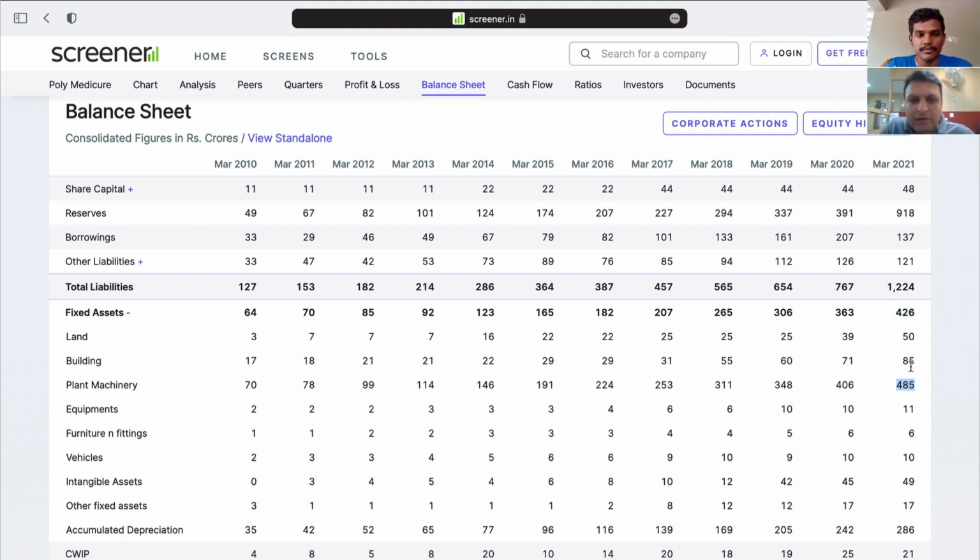Some amount has gone into building, some amount into land, but a substantial part of the gross block is going into plant and machinery. Also, the value over here used to be the net value, while when you click on the expand, you get the gross value. So 485 crore is the plant and machinery, but this is the total accumulated depreciation. This also gives a sense of the real absolute quantum that went into fixed assets for this kind of sales and profitability to happen.